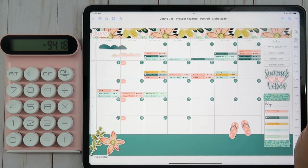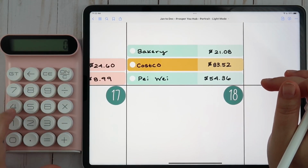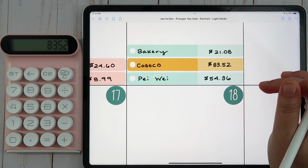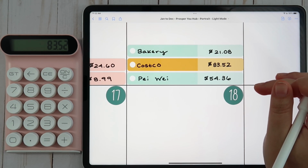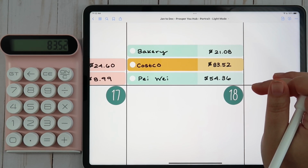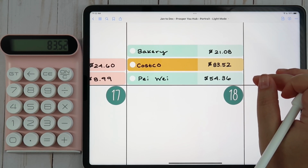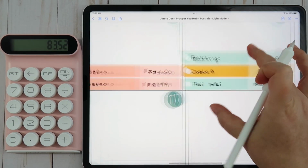And then we're going to track gas, which at a quarter tank to fill up, it was $83.52. So we're definitely nearing the $100 mark to fill up our crossover that takes 16 gallons of gas. That just seems absolutely insane to me that it's almost $100 to fill up our tank when it used to be between 40 to 50. It's insane. So let's go ahead and check this off